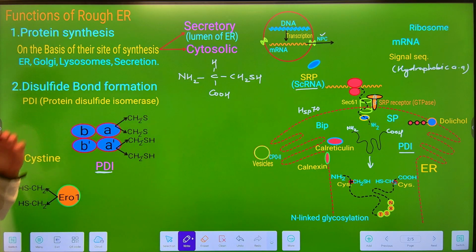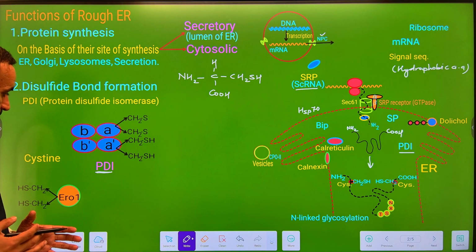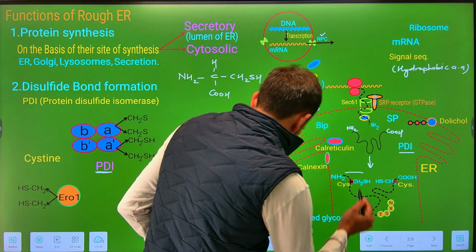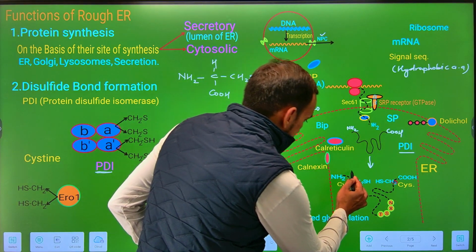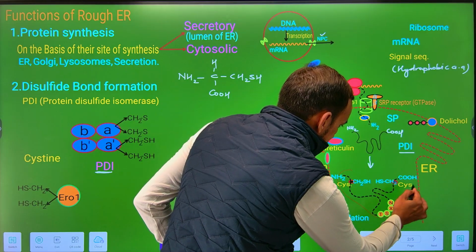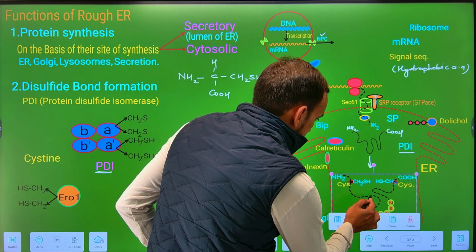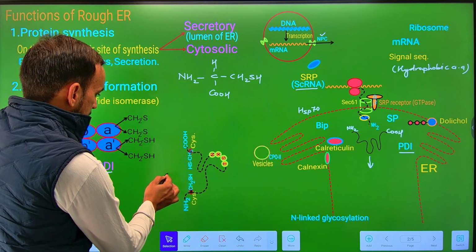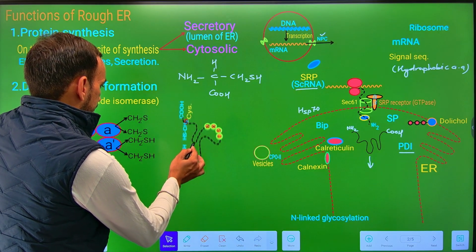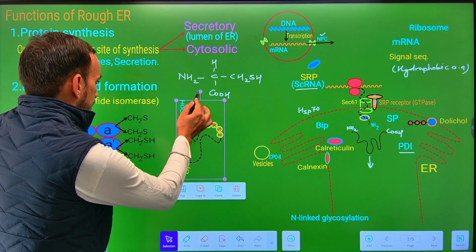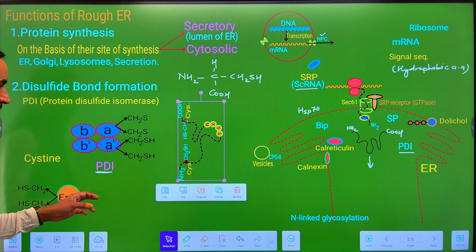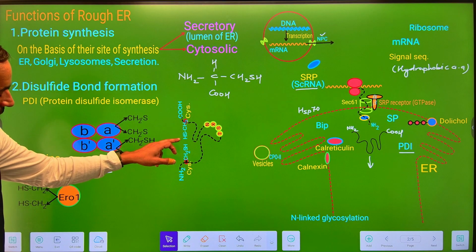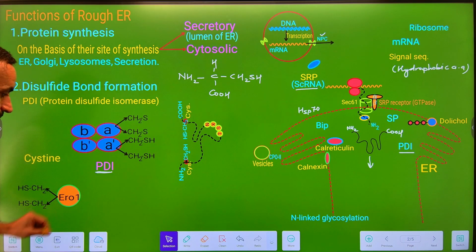It will function in the same way. Let's talk a little about how the process occurs. If there is a polypeptide that contains two cysteines in front of each other, then a disulfide bond is formed, and the enzyme which plays an important role in this process is known as protein disulfide isomerase. What will it do? This PDI will take up